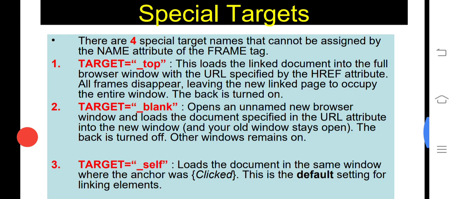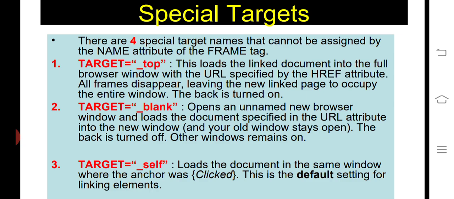Special targets: target equal to _top, target equal to _blank, target equal to _self, and _parent. These four special target names cannot be assigned by the name attribute of the frame tag.